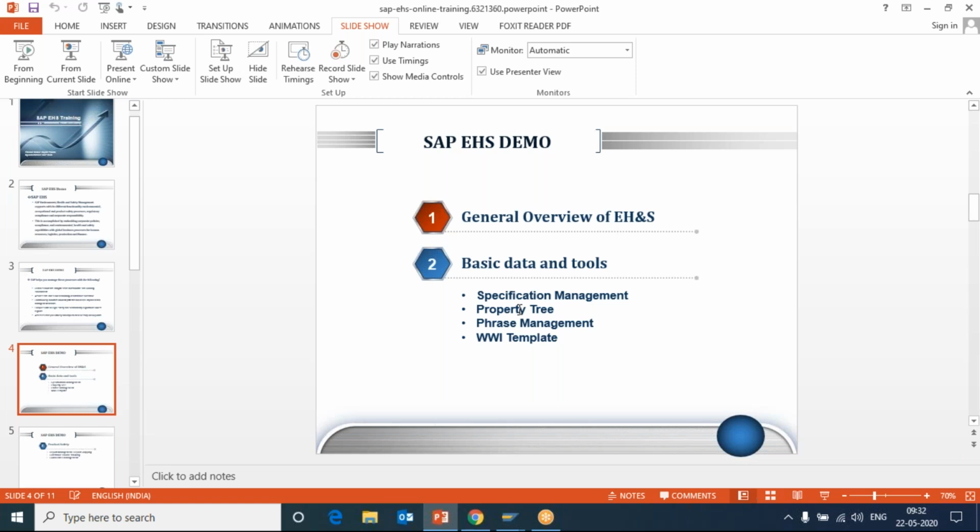If Vinith or somebody else could help me in understanding what is master data, if you know. Master data, maybe it's some ideal data that we can access to implement in our SAP or EHS process. Yes.